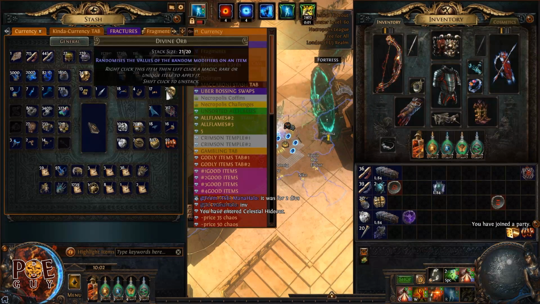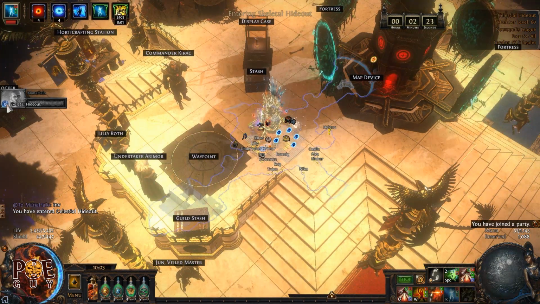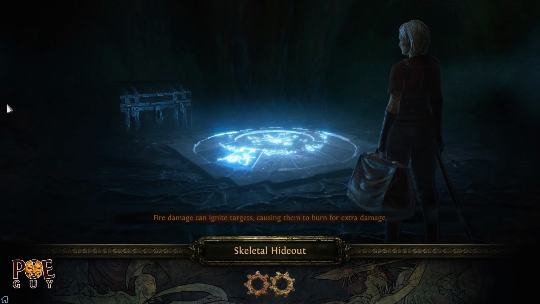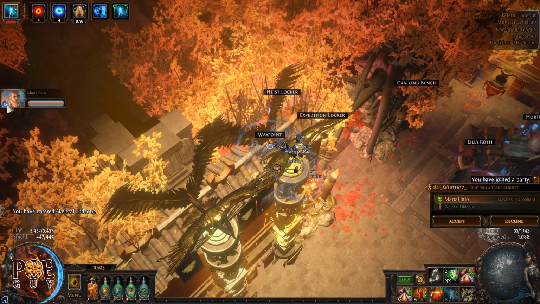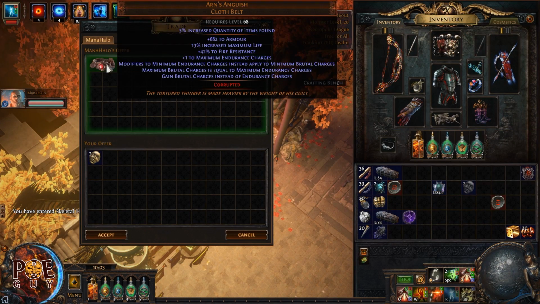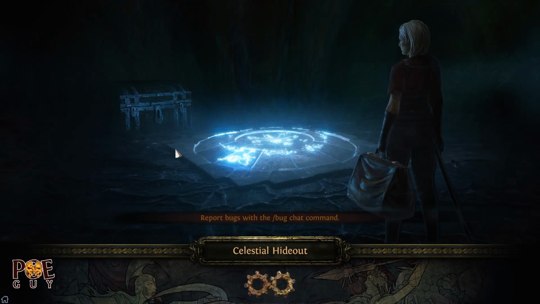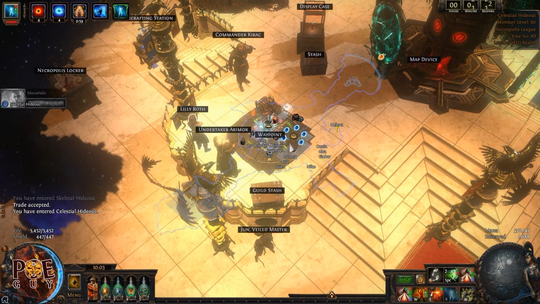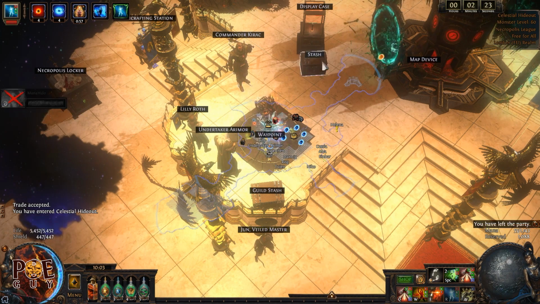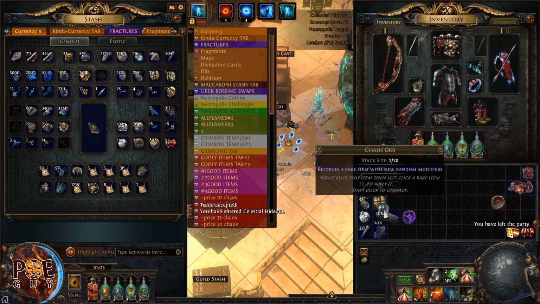One moment. I like to invest my divine orbs, so I never leave my divine orbs in the stash. As soon as I have divine orbs, I will invest them. This is a great belt with a great corruption. So this is a good thing to do. Don't stack a lot of divine orbs in your stash here, man. You want to invest them. Find things to sell, find things to...